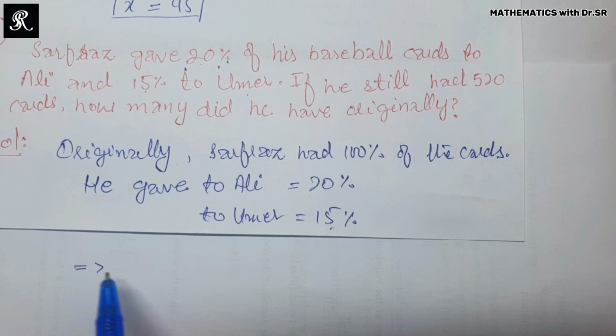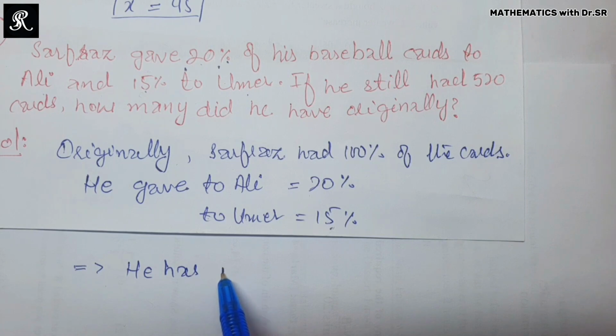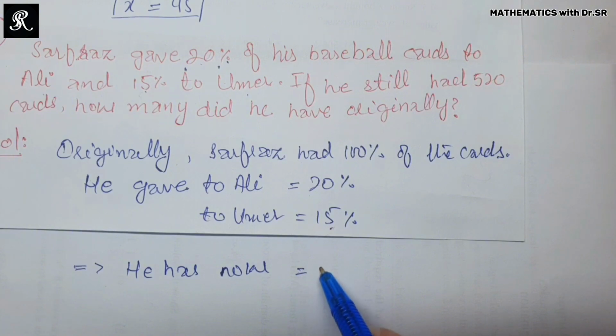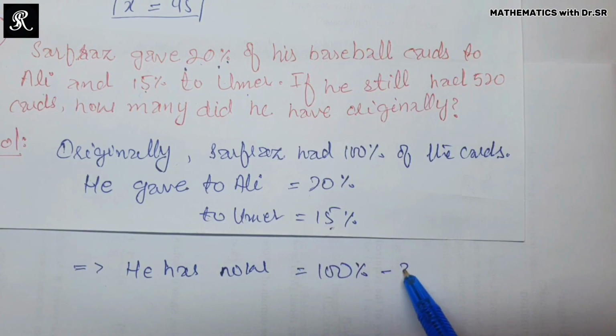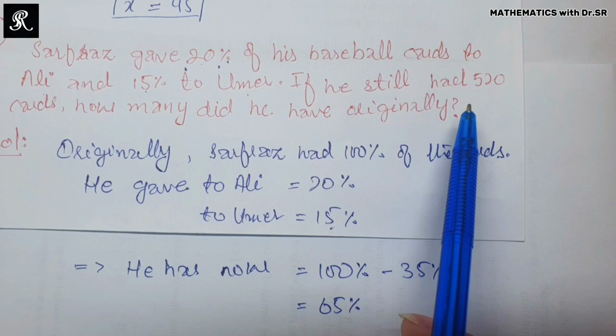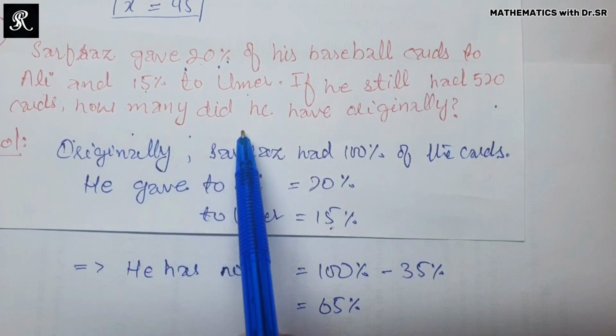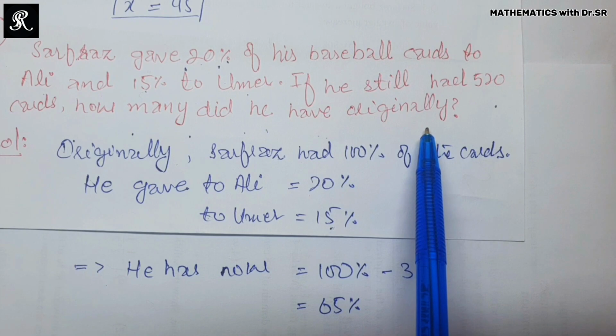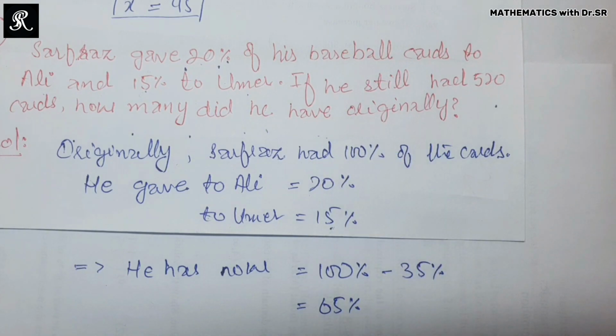This implies he has now, or he is left with, how many cards? 100% minus 35%. So that would be 65%. Now he has 65%. But what we need to tell is, if he still had 520 cards, how many did he have originally? Now we need to tell the number of cards, how many he has